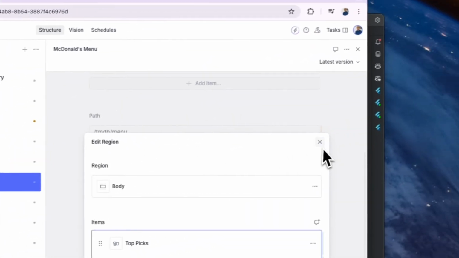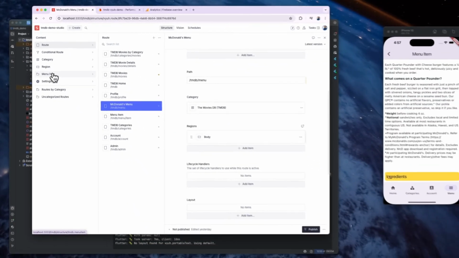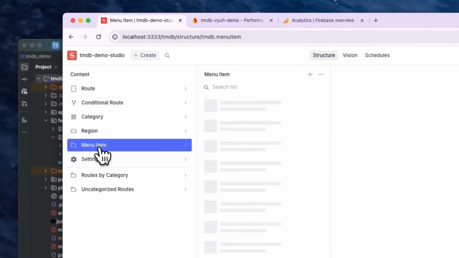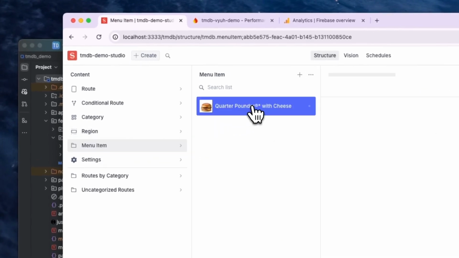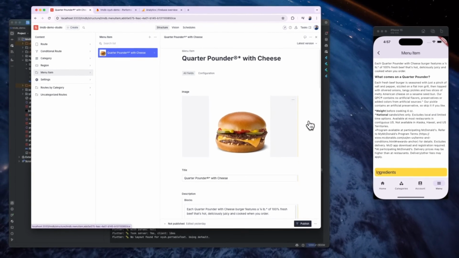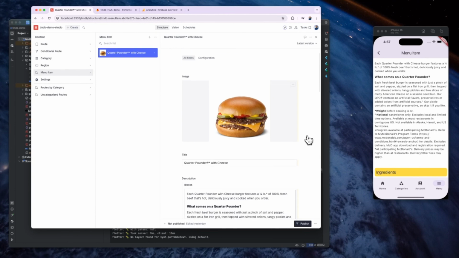And our menu items itself have been created as specialized content documents, right? So typically these menu items would be documents of their own. So I have a menu item section where I created a document for the menu item with a special schema which is unique for this particular menu item, right? And you can keep adding as many schemas as you want. It's a headless CMS after all, which can be integrated into the framework,